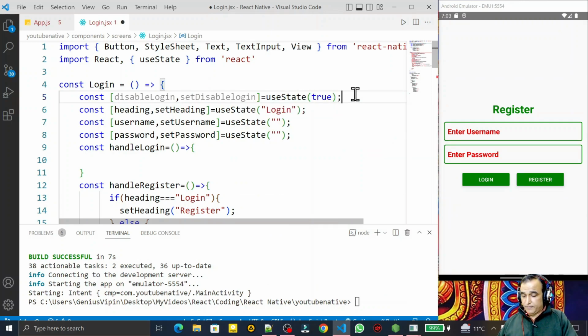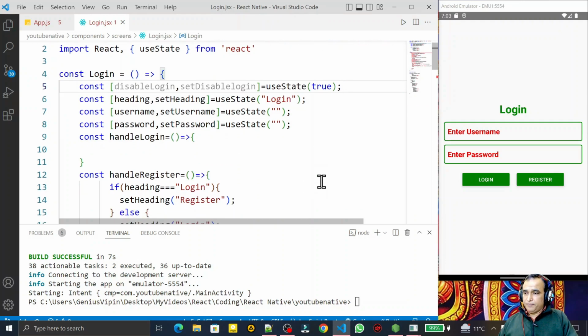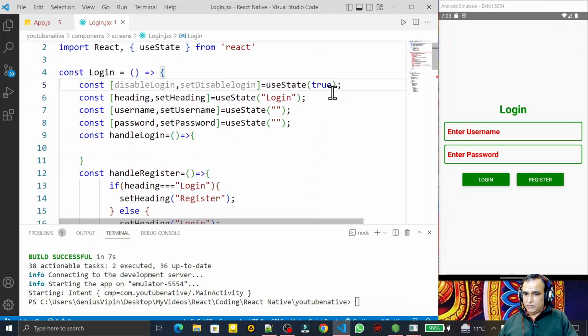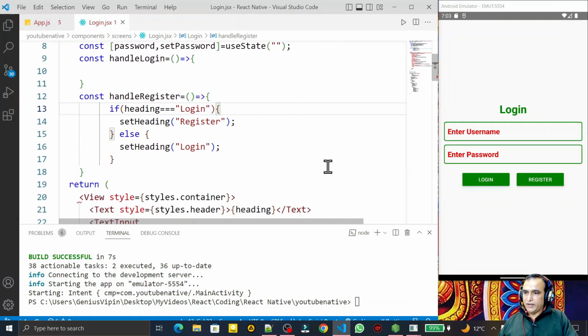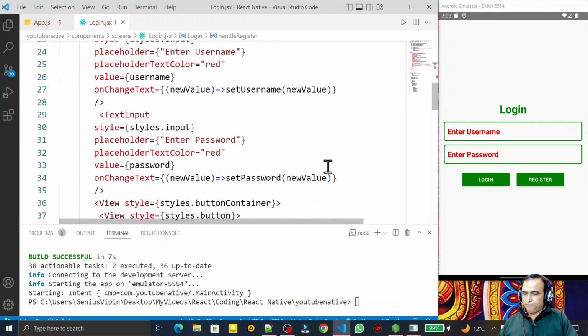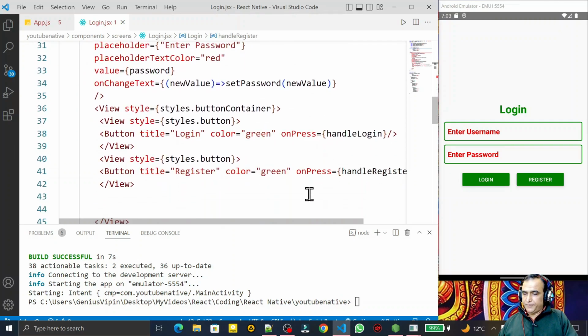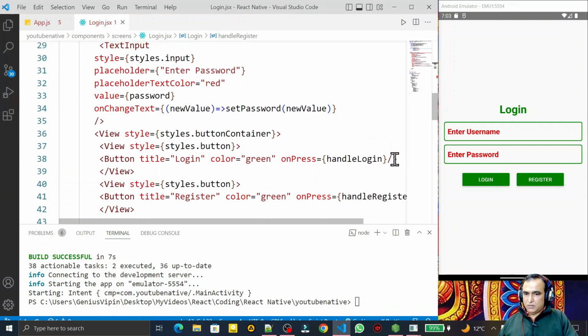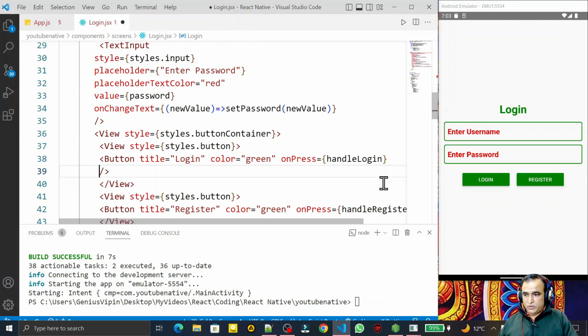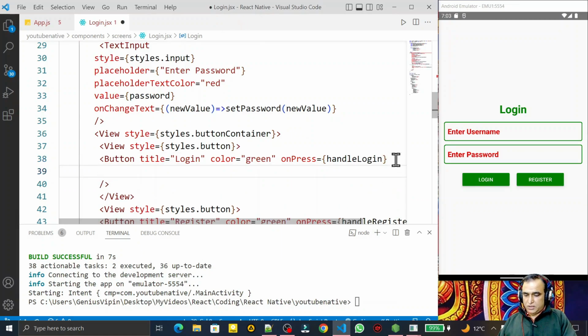First of all, save this. So disableLogin, first of all I say false, and now I go to login button here. I am on login button. So here I have a property called disabled,